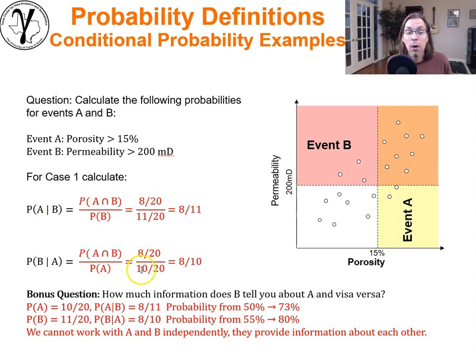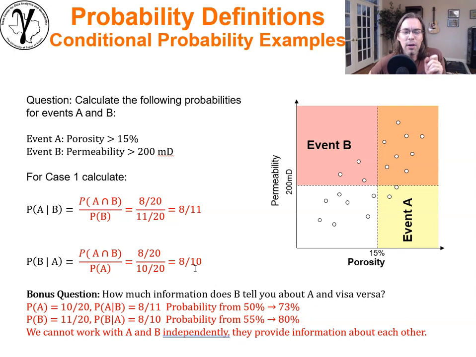And here it is. Okay, simple. We can just color code and draw our boxes here, event A, event B, and both of them occurring together. And we can easily solve for the probability of A given B, the intersection, 8 points out of 20, just B alone, 11 points out of 20, and so we get 8 divided by 11, and so forth. Now, how much information does B tell you about A and vice versa?